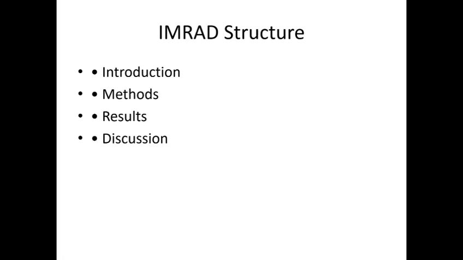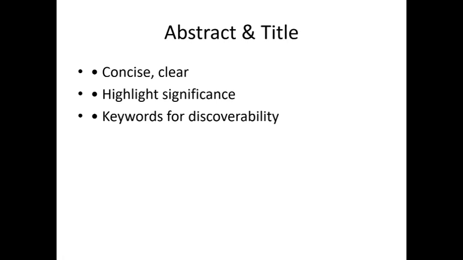Then introduction, methods, results, and discussion. The abstract is the first part of the manuscript. The abstract should always be concise. Abstract and title should be very short. It should not be too long. Title should be clear and concise, and the abstract should also highlight the significance. In the last part of the abstract, you should give the keywords for